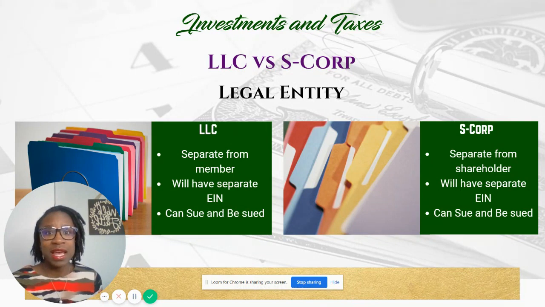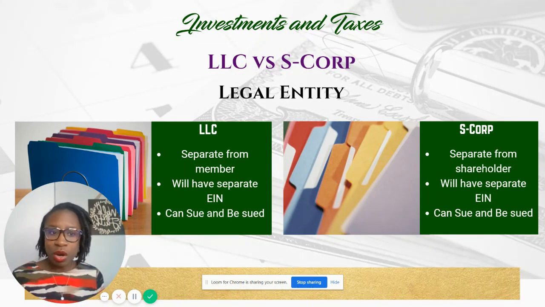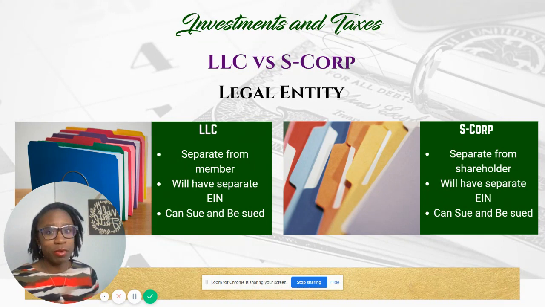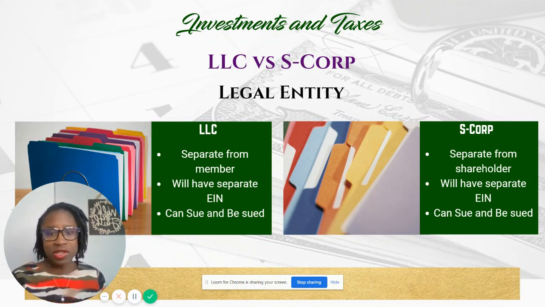So what that means is that the entity itself can be sued. It could enter into trade and commerce on the open market in the actual entity's name. So it's separate from you, even though you might be the only owner in the S corp or the only member of the LLC. You are actually doing everything that you do through the LLC or the S corp through its own entity structure. So it's considered a separate legal being. And so that's the first difference that I wanted to talk about. So they are both separate entities and they are separate from the individual that's actually running it.